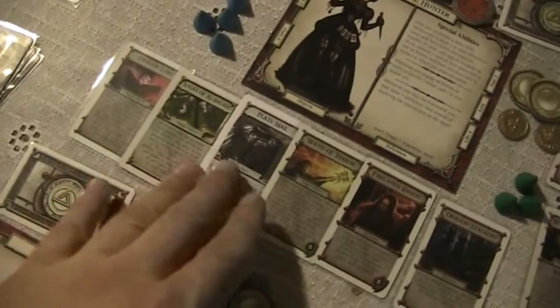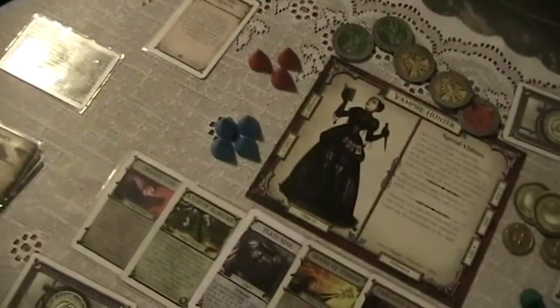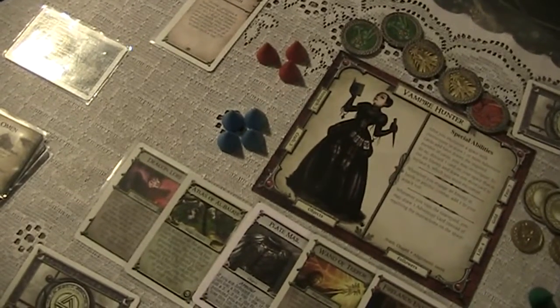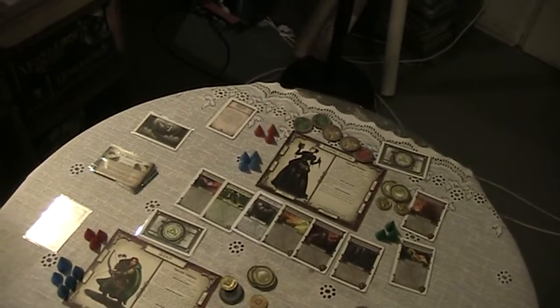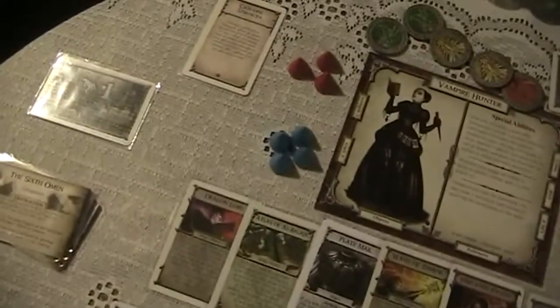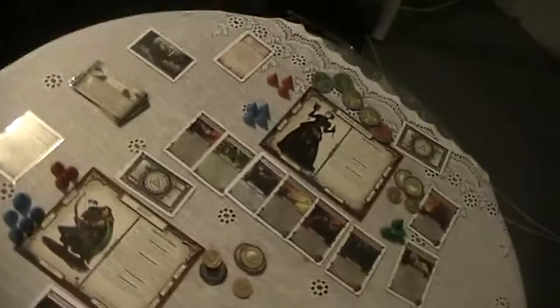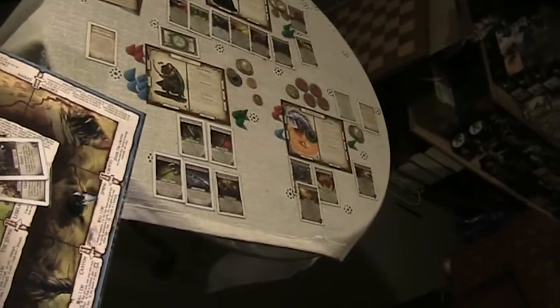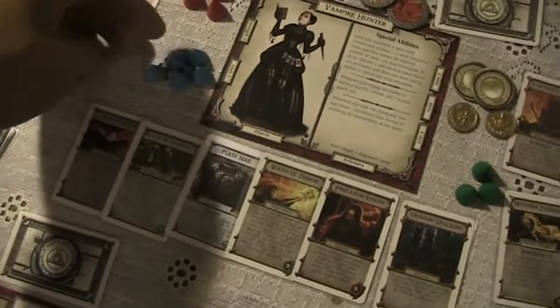And let's see what we want. I think I want to improve my craft up to 7. I might also say, okay, let's say, hard to tell. No, I think I want to improve my craft up to 6 and my strength up to 4. Okay. And then